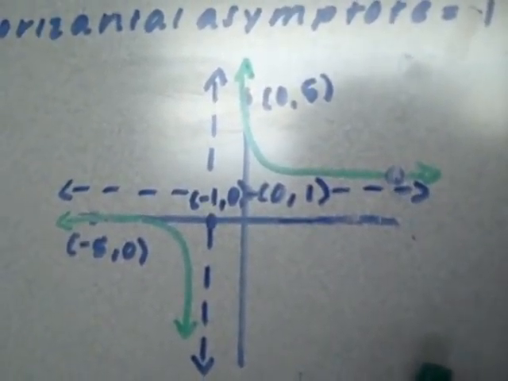And the vertical asymptote is at x equals